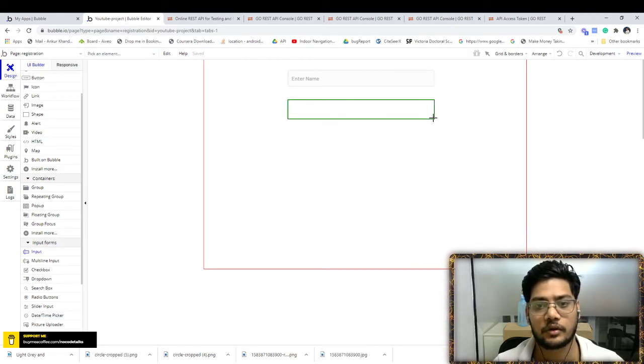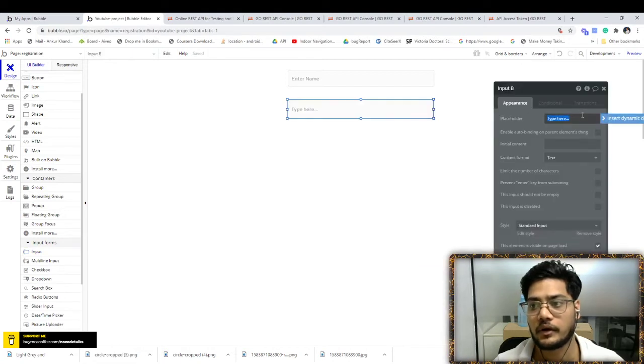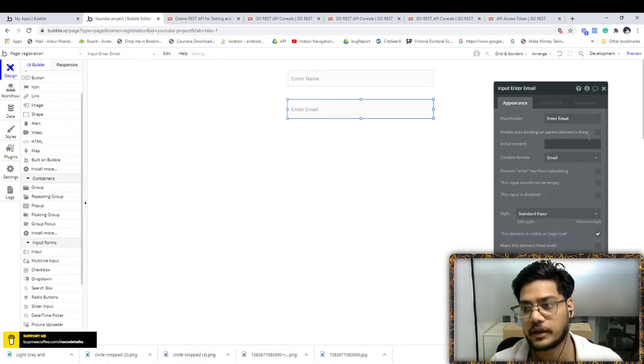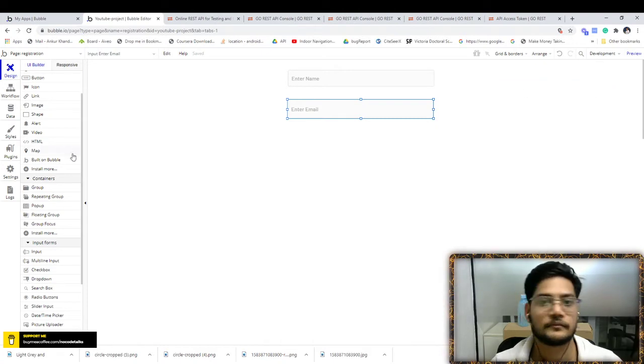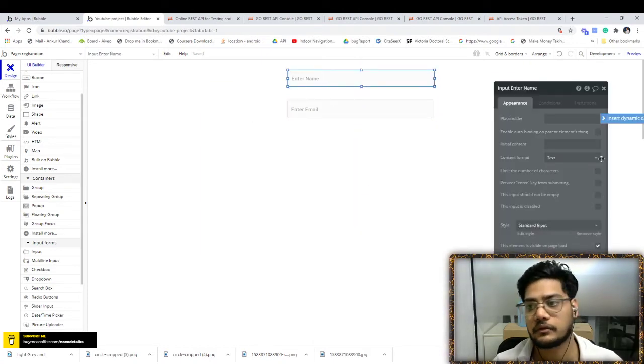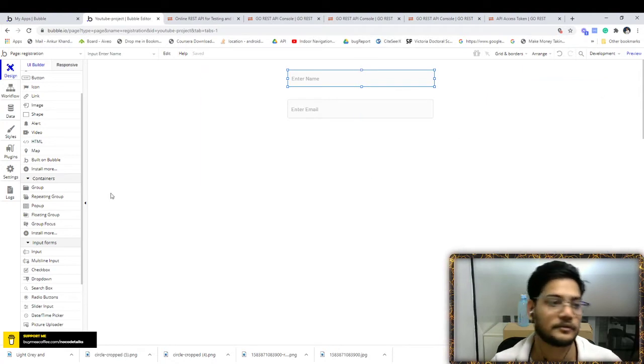That is not a UI or anything, I'm just taking it as an example. Enter email. Basically, you can also decide what the content is. In my case, this is the email, so I can just assign it to email. In that case, it is text, so I just keep it as text.